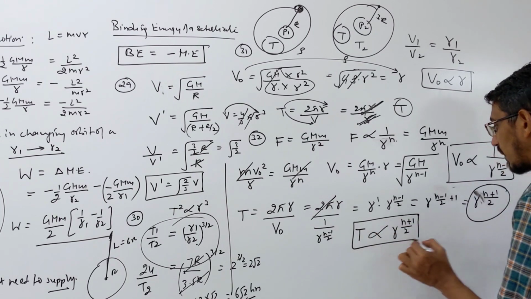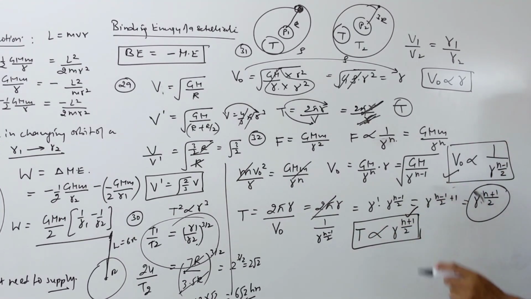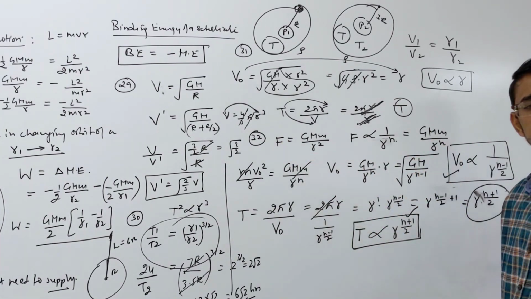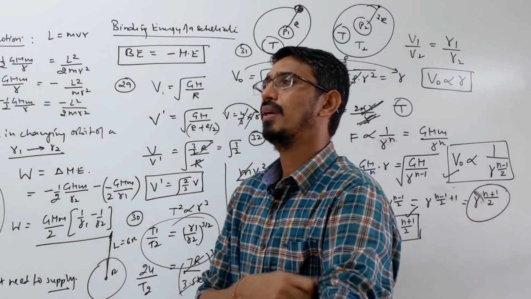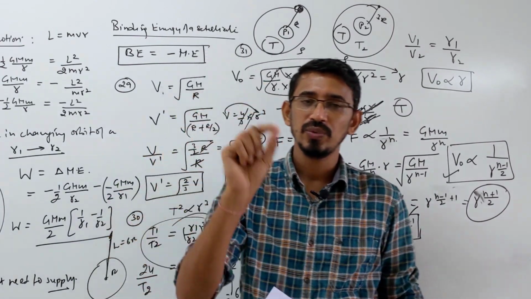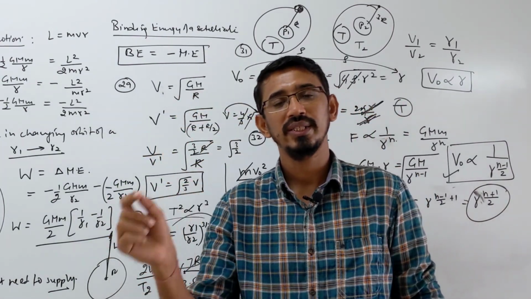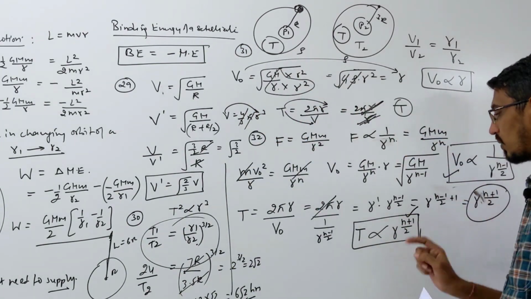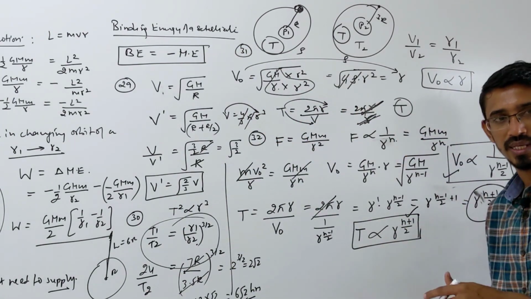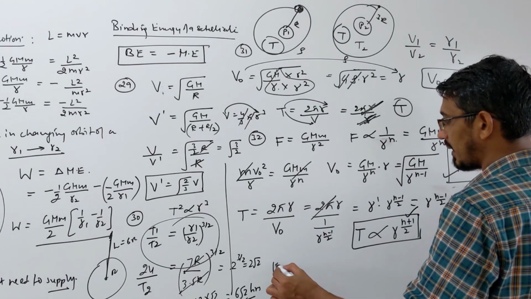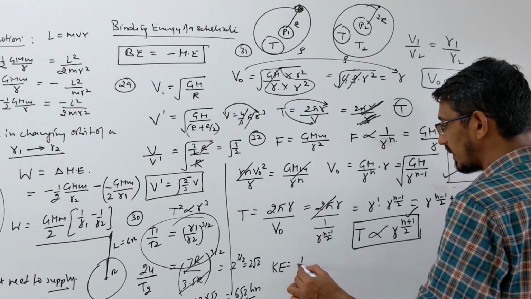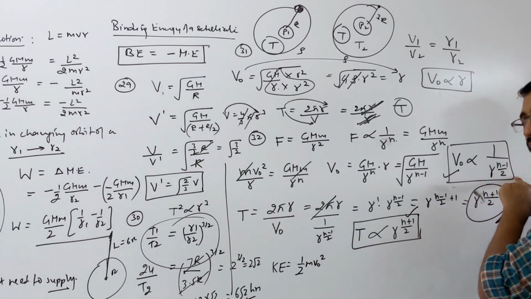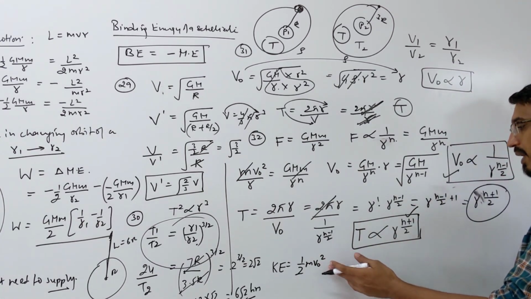This is very, very important. Please write this carefully in your notes also: if force varies as r power n, this question has already been asked in our exam, and they can ask again. If force varies inversely proportional to r power n, then how does time vary, how does velocity vary? You should remember this directly. They also ask how energy varies, and you can answer. For kinetic energy, it is half m v naught square, or you can use the G M m by r format also.